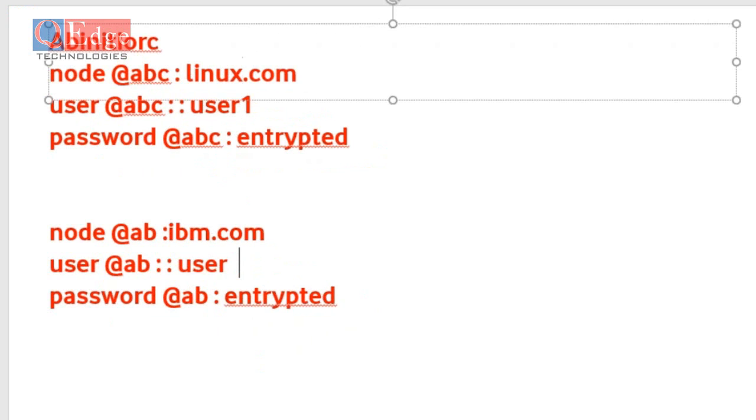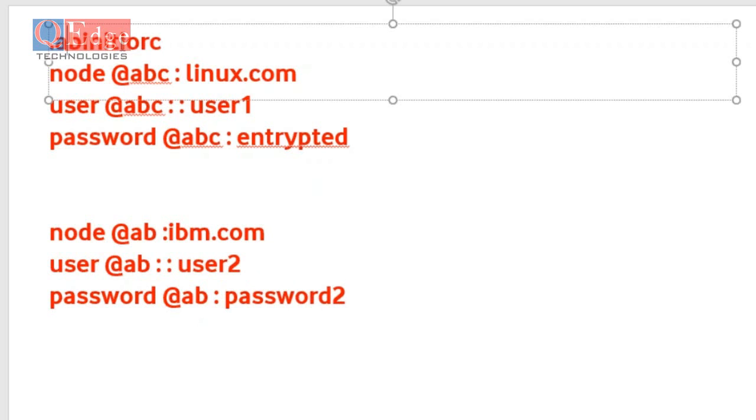The password will be different for each user. User 2 and the user 2 password. So by writing this into the .abinitiorc file,